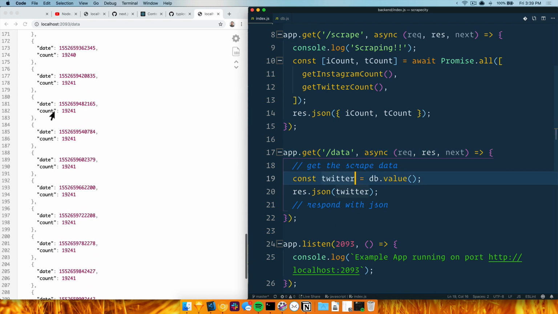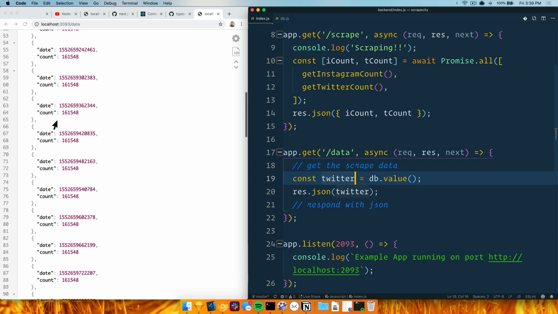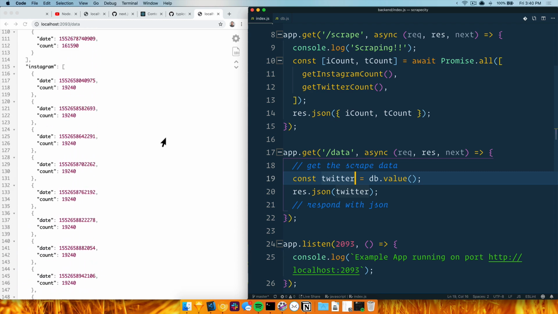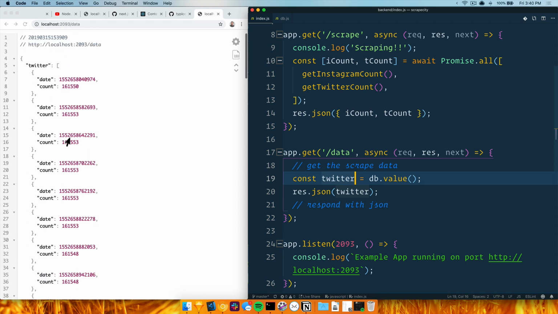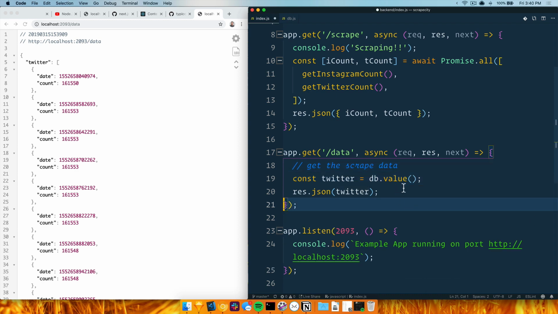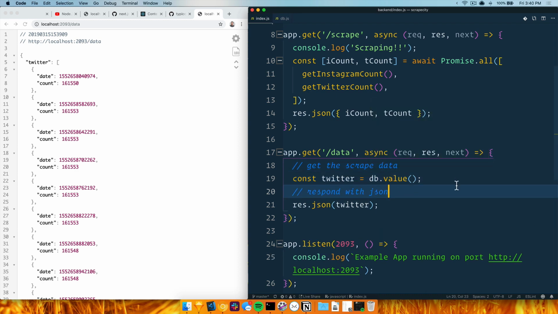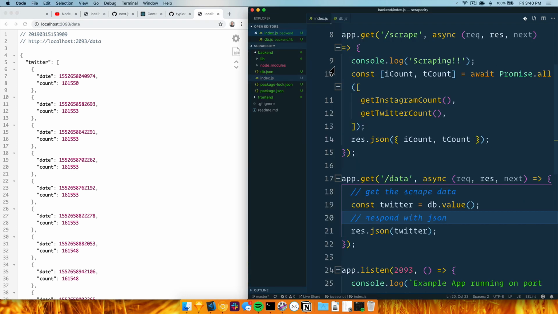But we should switch it out at some point just because this data is going to get too large for us to send that over the wire all in one dump. Okay. That's good. So we're going to try to hit this endpoint on our front end now. So we're going to close up the back end here, open up our front end, go to our